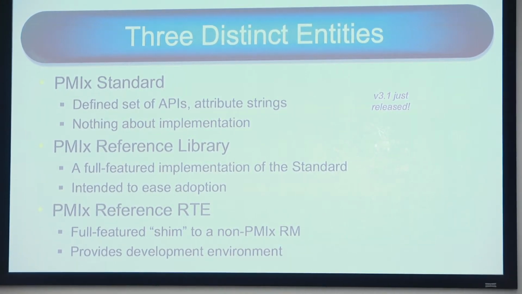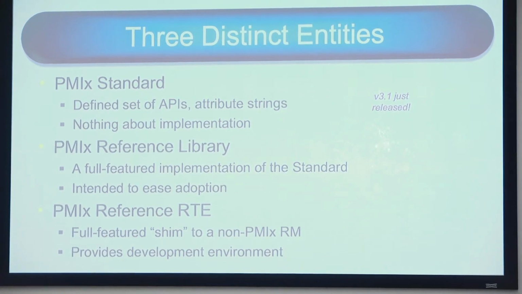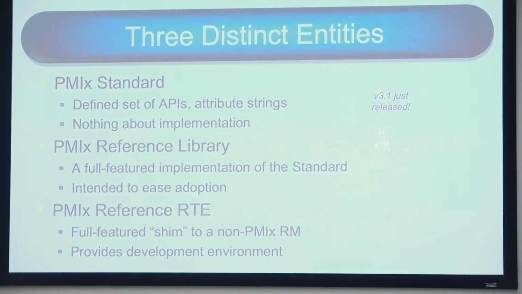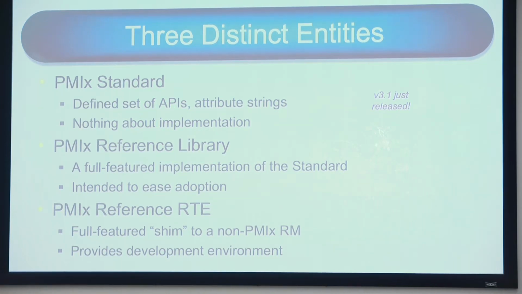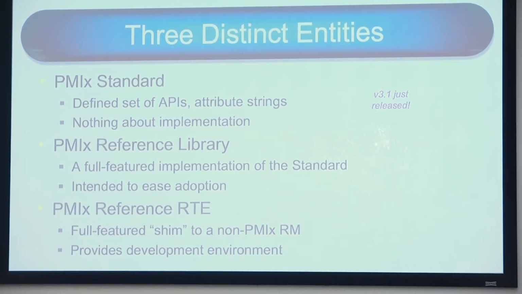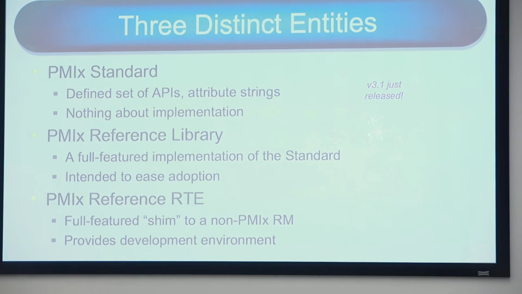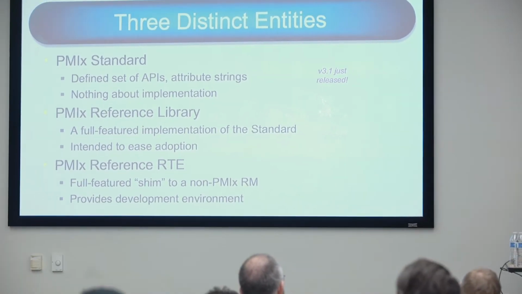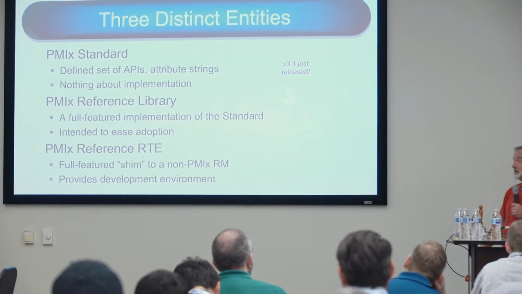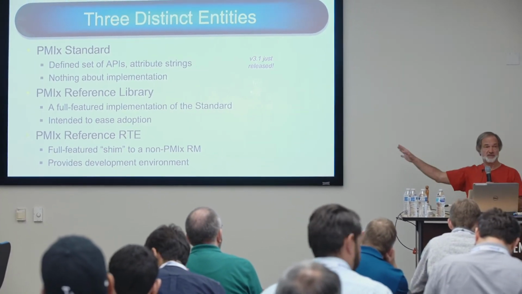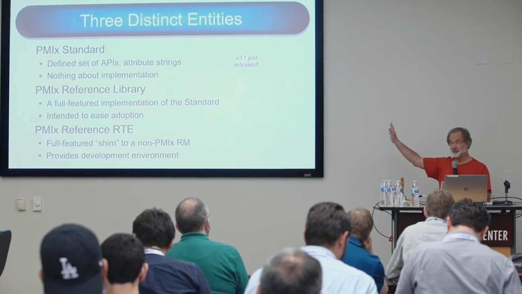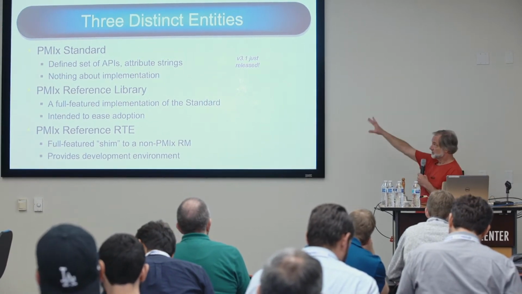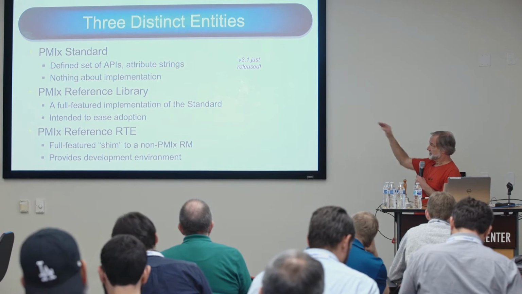If you talk to the resource manager guys, they bought into this because they said, okay, you're going to write all the interface code to the different file systems. You're going to write all the interface code to the different fabrics. I'll call the API to say, hey, fabric, tell me what all the endpoints are. But I don't want to write the code that has to talk to a Mellanox fabric versus an Intel fabric versus a TCP fabric. You're going to do that. And so we got the different fabric vendors together, and they each did that, so the resource manager guys don't have to. Those APIs are all defined in that standard.